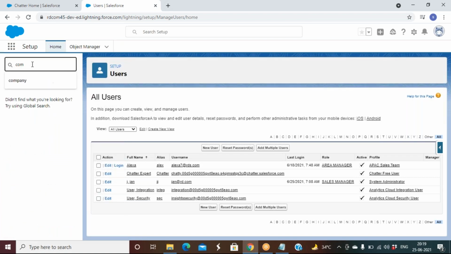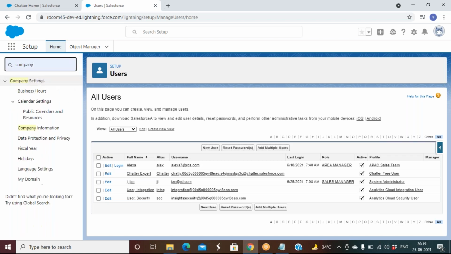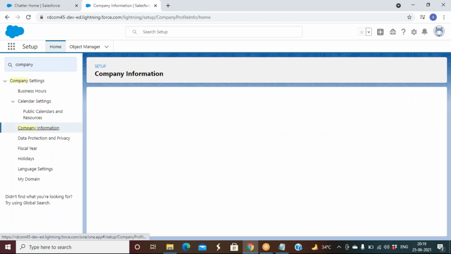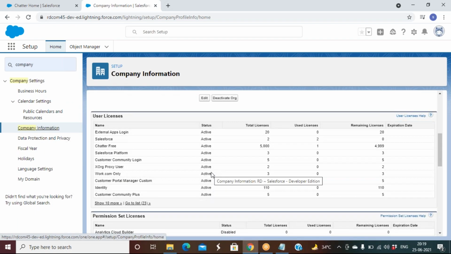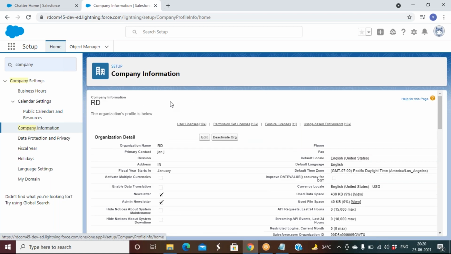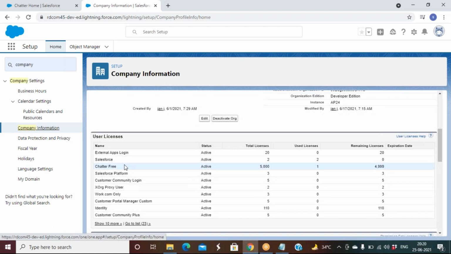Right. So if somebody doesn't have the Salesforce license and they are invited to Chatter, is there a need to create a password? While creating a user, you know how to create a user, right? Yes, sir. Only select the license type Chatter Free. That's it. There is no separate process. So select the license type called Chatter Free. That's it. Okay, sir.